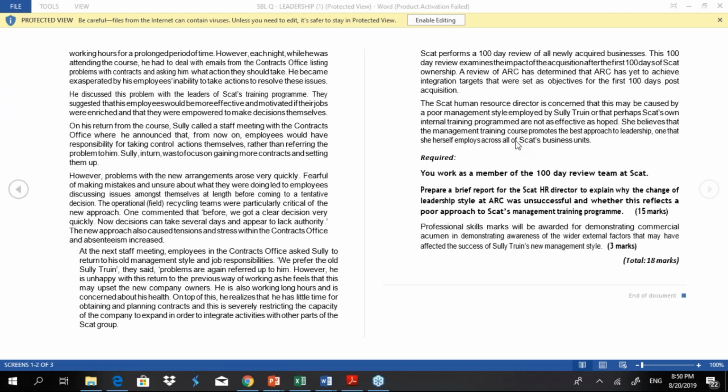See, in answering these questions, you must bring in more and more points to justify your claim. That's how you collect your marks. So, for instance, in this case, the reasons for failure or the issues with the training program. One is speed of change, right? Good 10-15 years you're used to one way of working. Suddenly your boss goes on a particular training, he comes back and says, okay, now shift gears and do things in a different way. People will not be able to adapt,